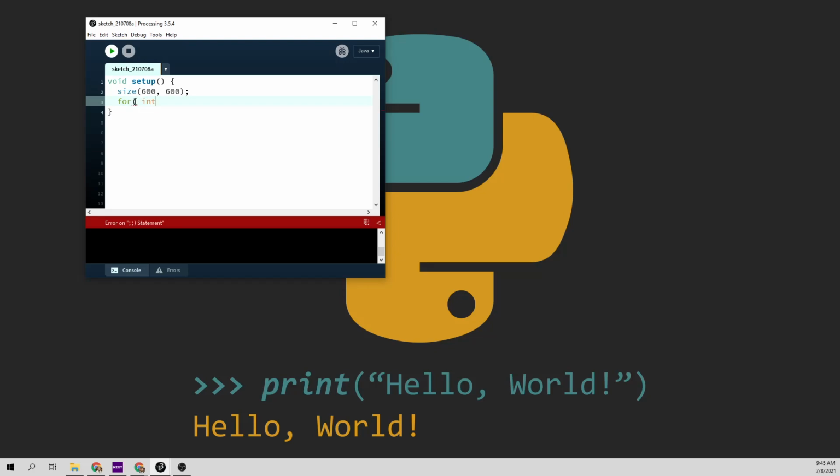And then I'm going to use int i, and we usually use i because of index. I'm going to start it at 50 pixels. And then I want my starting condition, because that's always our first part. So where do I want it to start? I want it to start at 50